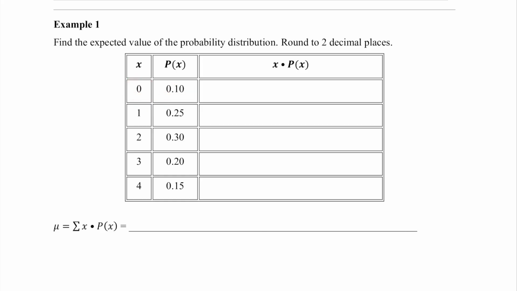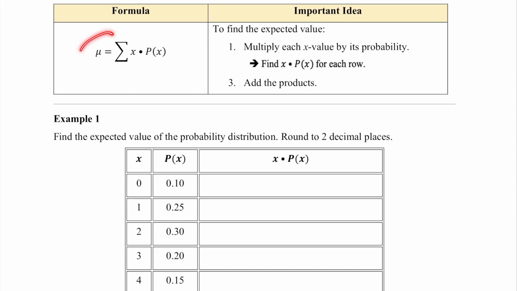Let's find the expected value. We are going to use this formula to find the expected value. So we're going to take x times p of x, and then we add the products. The first step is to create a new column for x times p of x. And then we'll take each x value, multiply it by its probability, and we place it here. So for the first row, we take 0 times 0.10,